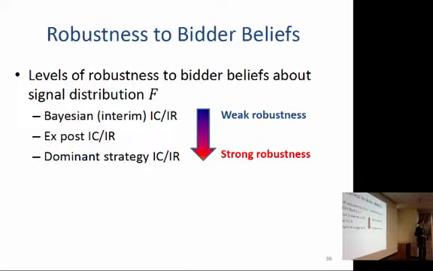These are the same thing if we look at the IPV model or even with correlation, but with full interdependence, they become separate things. The first one, ex post IC and IR, means that you will not regret participating truthfully, no matter what the other bidders' signals are, but they do have to be in equilibrium of participating truthfully themselves. And dominant strategy just means that you don't care what they do. Dominant strategy can be shown to be a very strong requirement, and you stop being able to get meaningful results. So we're going to concentrate on ex post IC and IR.